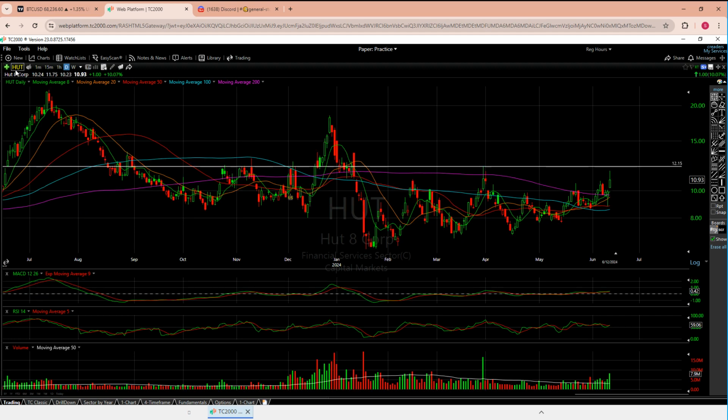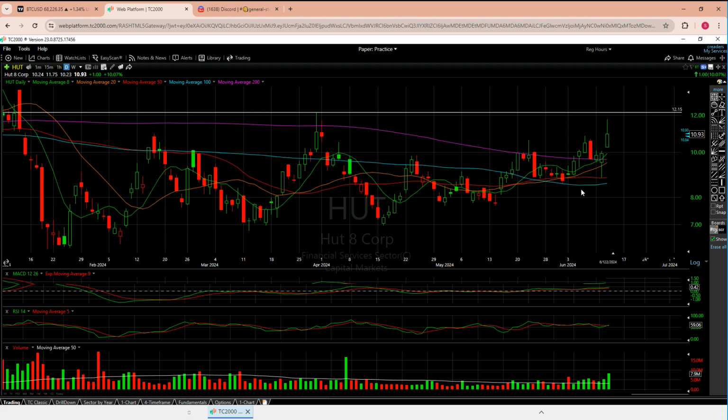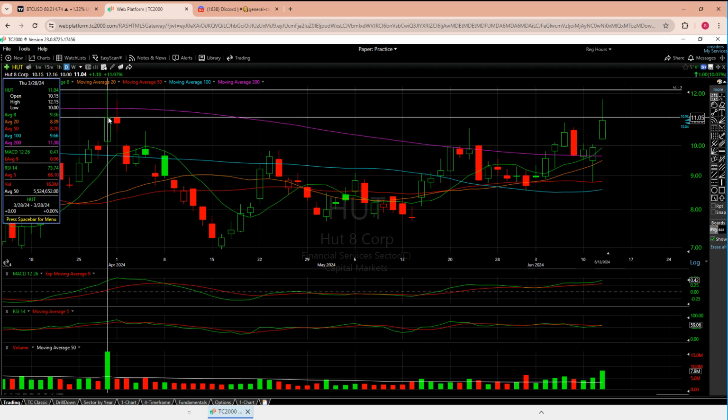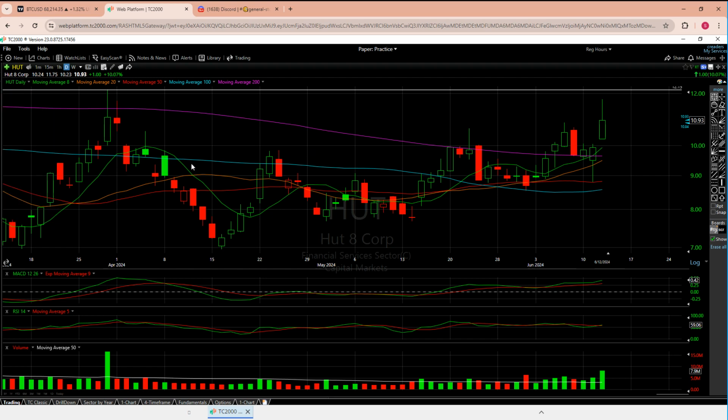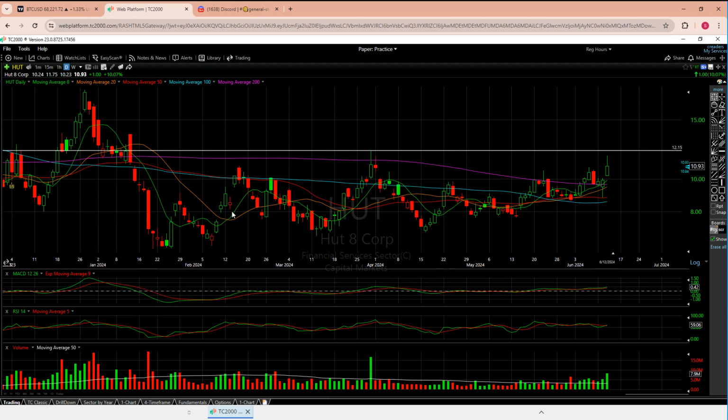We'll take a quick look at HUT right here. This was an interesting setup. This thing has tried to escape but couldn't, tried to escape but couldn't, trying to escape. And each attempt was better, right? Couldn't get over the wall, holds the lines. Got over the wall, loses it kind of, but holds the lines and actually stays over each of the days over the 200. And it now seems to be escaping. This is probably the line it needs to get over. I wish we closed at 11.05 today. Clearly a couple cents under that. But I think if this gets over 11.05, we're going to come to that 12.15.